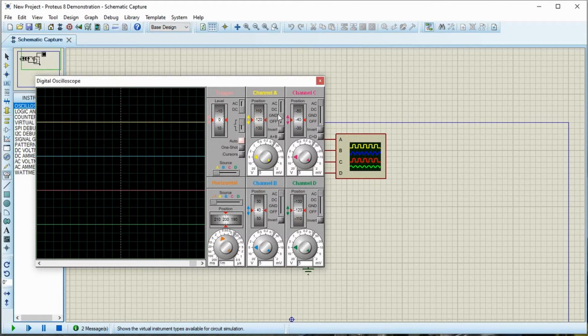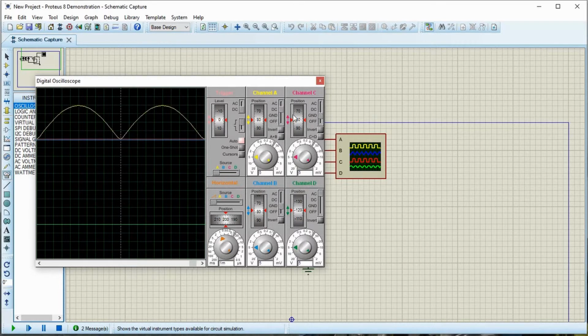So before that, let me put all of them to ground, and align all the waveforms so that we can see how the waveform changes. So basically now what I am doing is I am setting all of them to the same y-axis, that is 0 line.